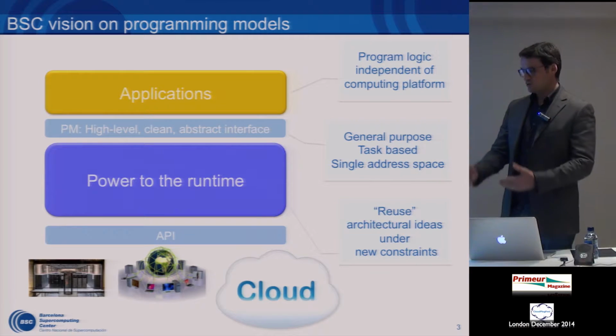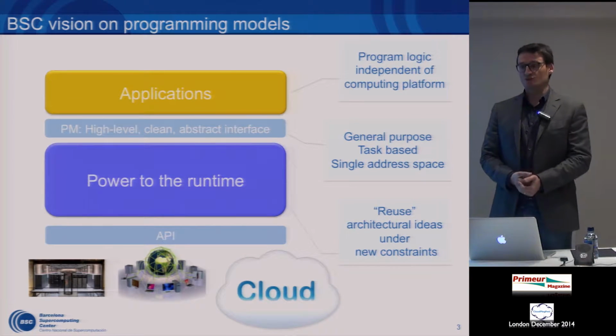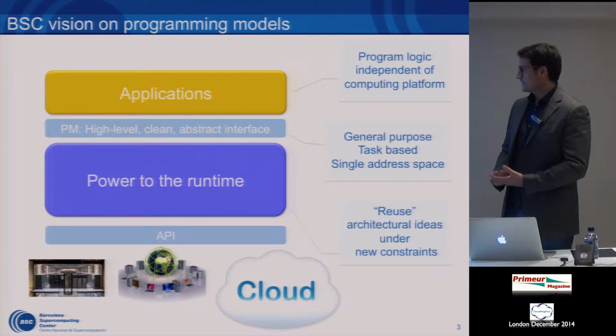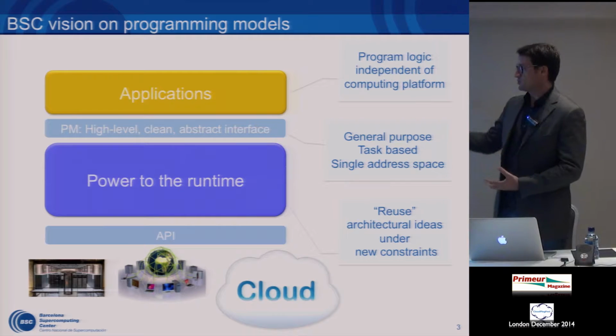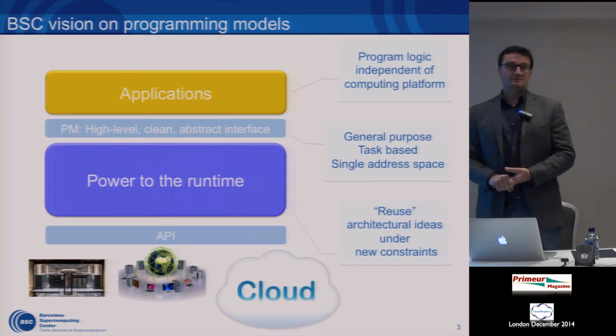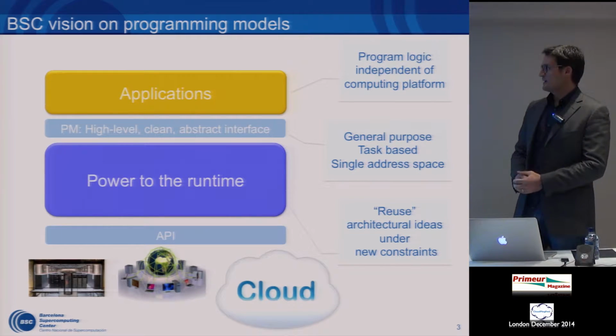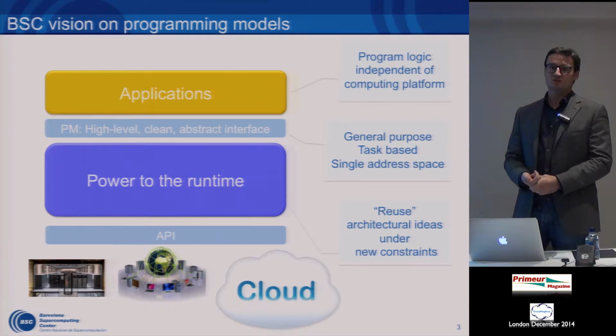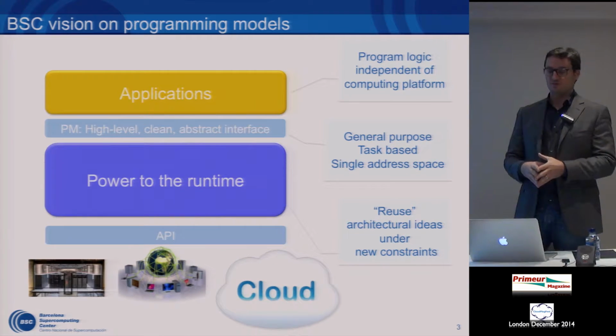The idea is that the user has his own application already developed in a sequential way, and then there is a general purpose task-based programming model that allows the automatic parallelization of the application and the deployment and execution on the underlying infrastructure.